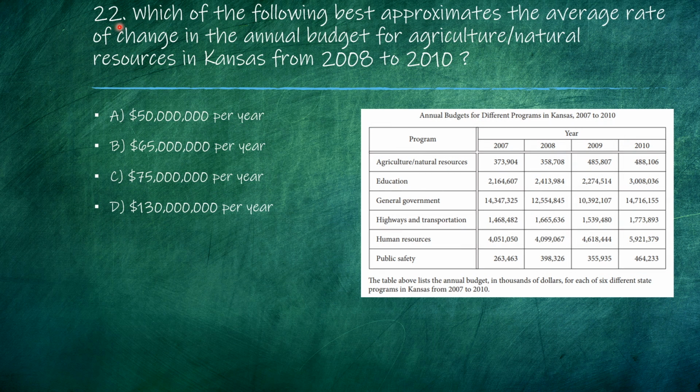Question 22. Which of the following best approximates the average rate of change in annual budget for agricultural natural resources in Kansas from 2008 to 2010? Go ahead, pause the video and try to solve it. The answer is